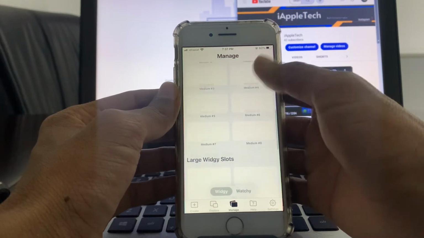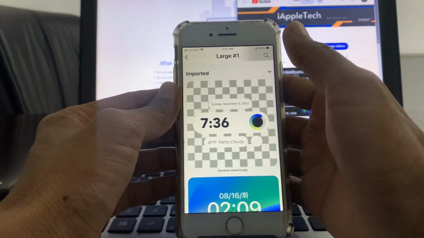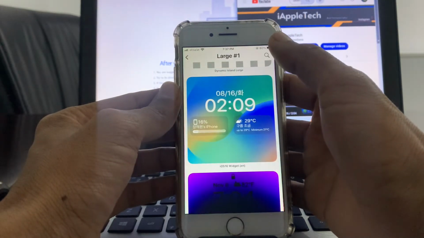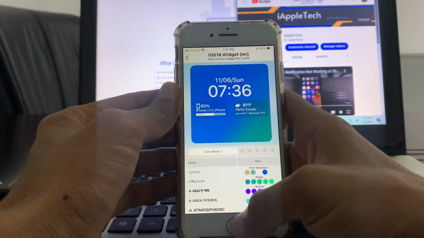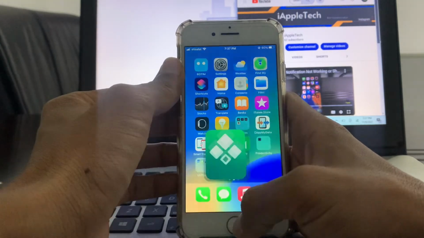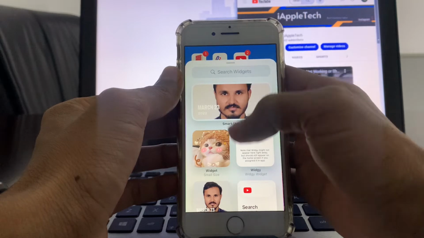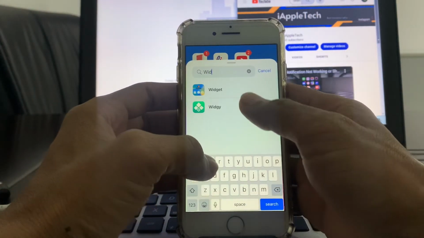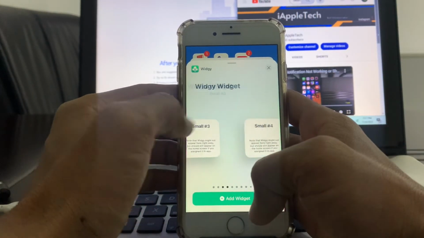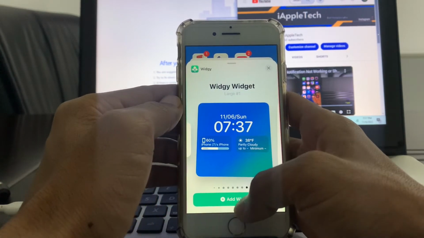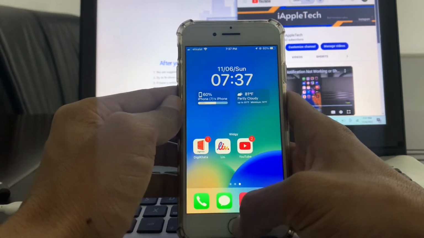Now you can choose the widgets, so you can choose this large one. Now select this widget, click on OK. Now click on yes. Once it's applied, done, go back, hold on to the home screen, click on the plus icon, then search for the VG app. Now select the large one. So here you go, click on add widget. So as you can see,